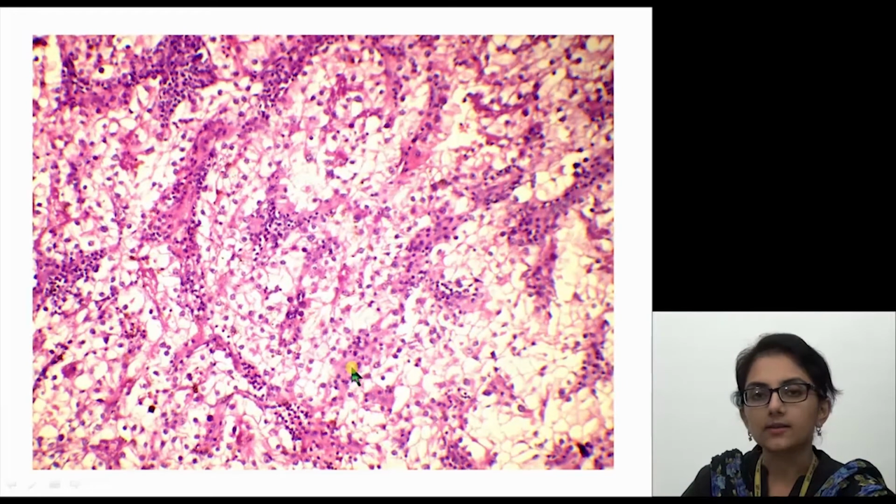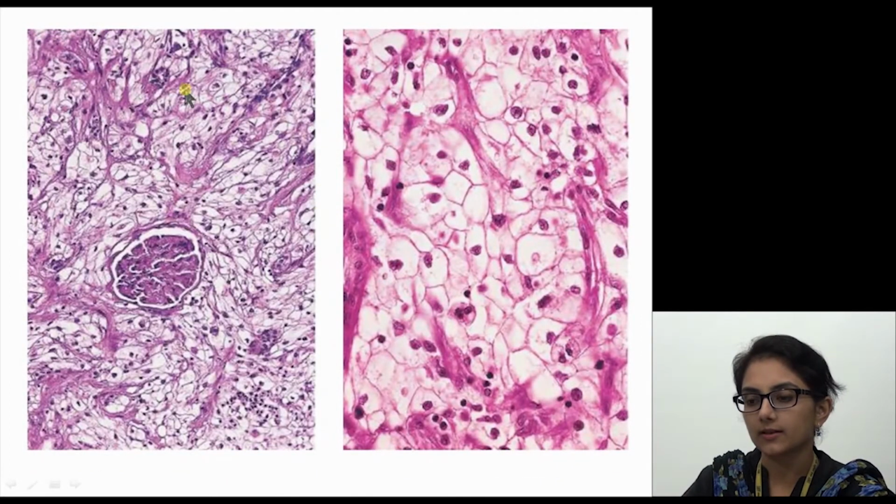Here we can see the classical morphology of a conventional RCC. We have these polygonal cells with well-defined cell borders, centrally placed small nuclei, and we may see prominent nucleoli as the tumor gets to a higher grade. And these nests and sheets of cells are separated by these fibrovascular septa with very rich vascularity. Here on the left you can see the tumor encircling a normal glomerulus in the adjacent kidney. And on high power we can see the same appearance of these vegetable type-like cells, their abundant clear cytoplasm and